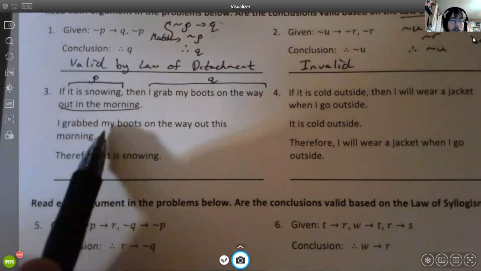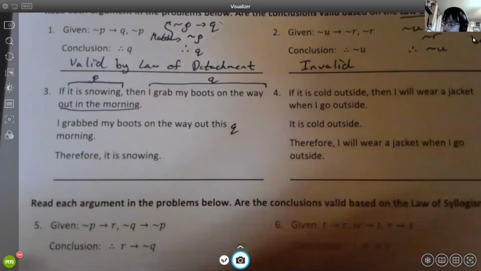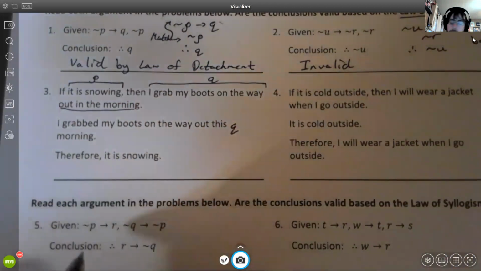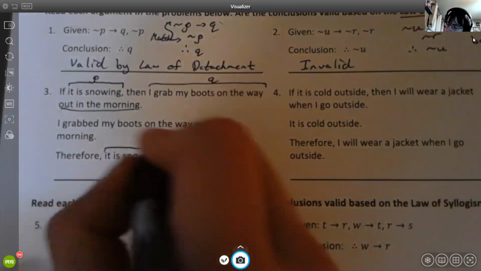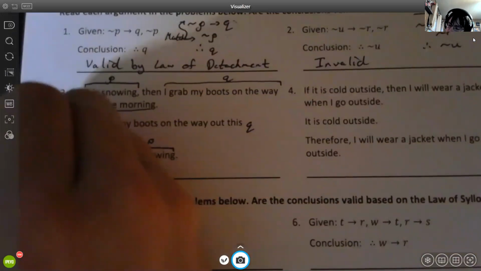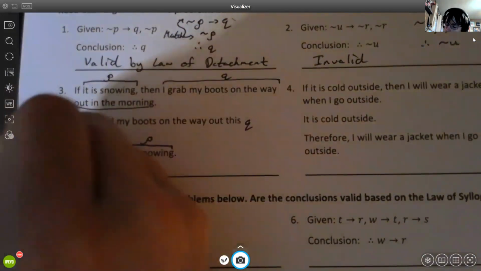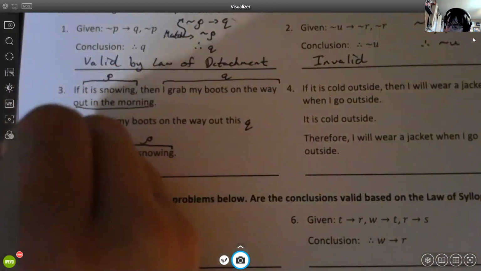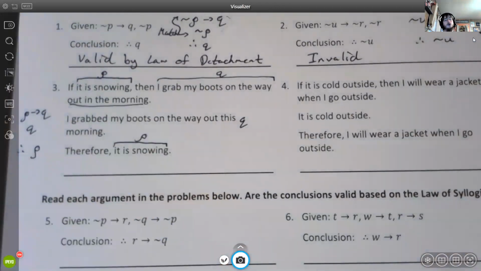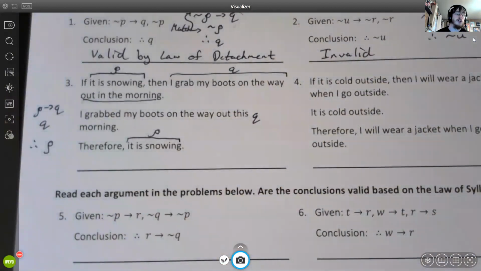Here it says I grabbed my boots on the way out this morning again, so that's Q again. Therefore, it is snowing. So therefore, P. So here's the way that it writes out. P implies Q, then Q, therefore P. So by the law of detachment, we need our hypothesis to be true to